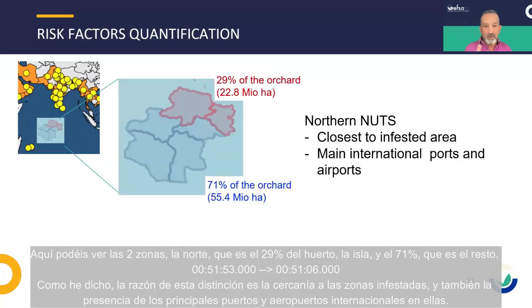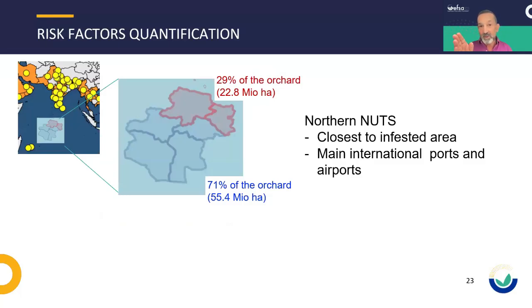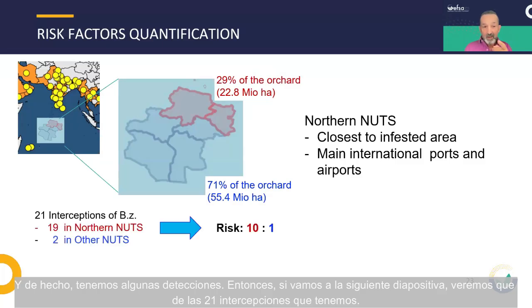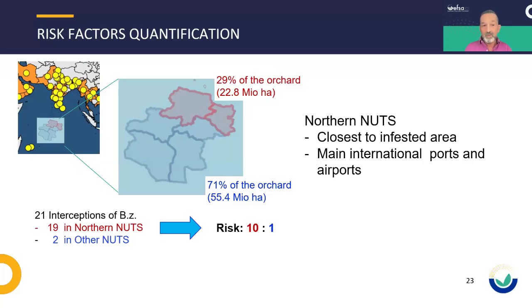We do. So if you go here you can see the two zones, the north, which is 29% of the island, and 71%, which is the rest. As I said, the reason for this distinction is the closeness to infested areas and also the presence of main international ports and airports there. And actually, we have some detections. If you go to the next slide, you'll see that from 21 interceptions that we have of Bactrocera zonata, 19